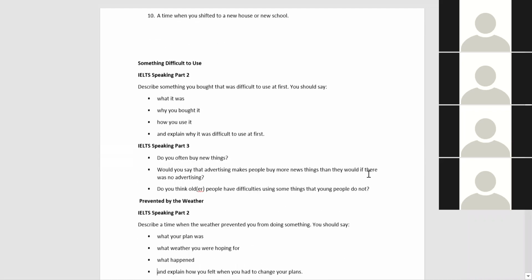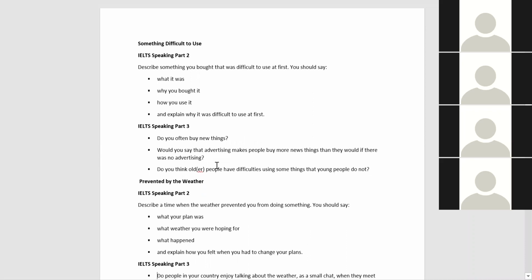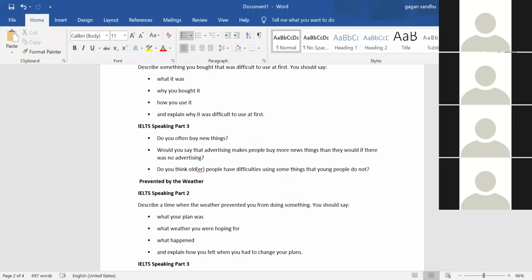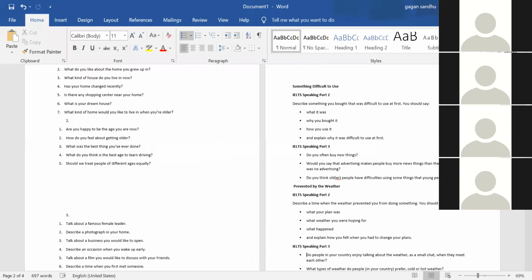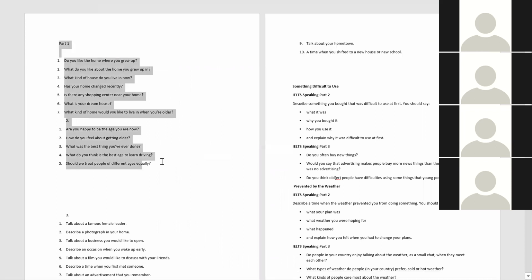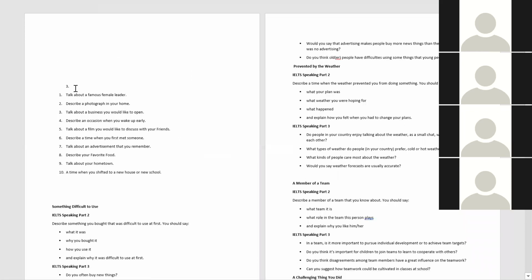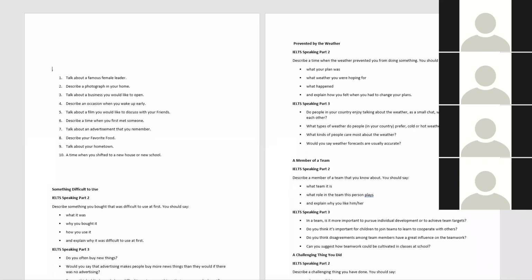Okay, guys. So here we got the cue cards, but this time I just have the part 3 questions with them as well. So that was the part 1 and part 2. So this is part 2 and 3 together. Let me just adjust the page there. I'm just removing these, they were the part 1. This was actually in the recent exam, right? And let me remove them there.